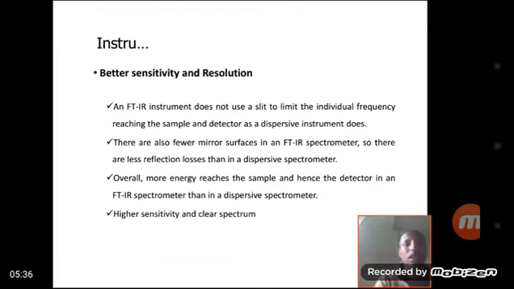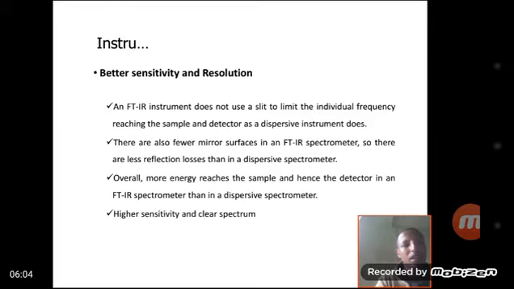The other benefit of Fourier transform spectrophotometry is better sensitivity and resolution. This is because the FTIR instrument does not use slits to limit the individual frequency. There is no slit, but in the dispersive IR spectrophotometer there are slits used for selection of specific wavelengths that the analyte absorbs at maximum absorption,